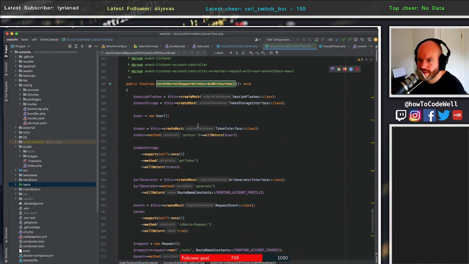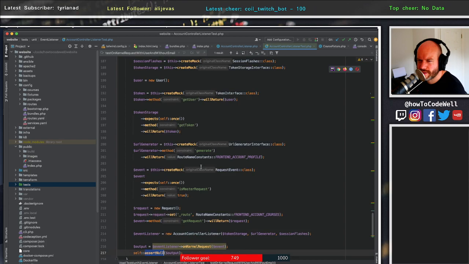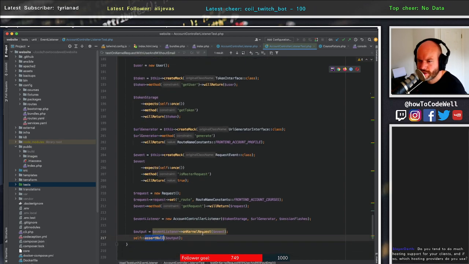Without an email address. Output is on kernel request event. Get request will return a request. Request set route front end. Is that right? So we're setting the route to be account courses, which,